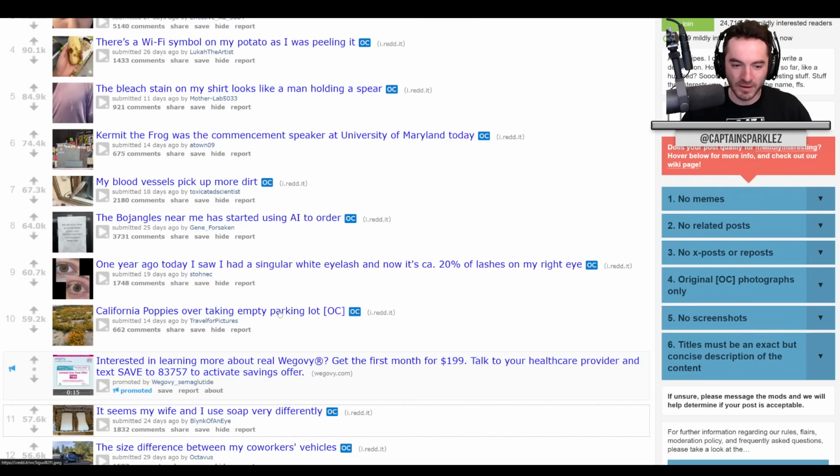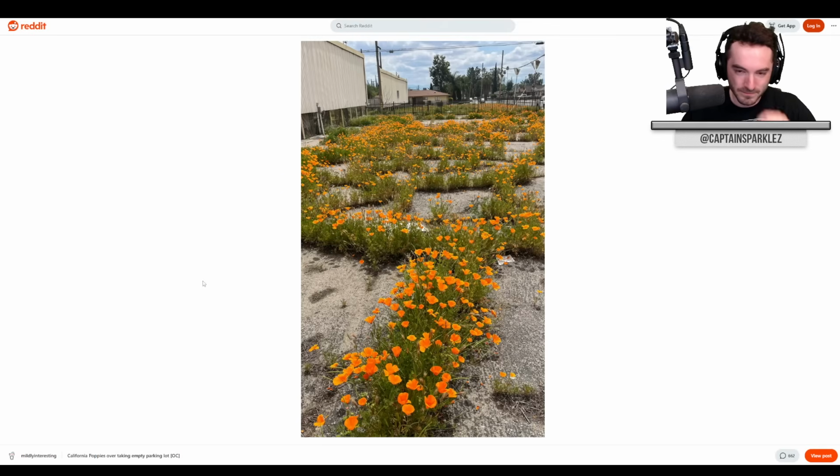California poppies taking over an empty parking lot. This is what happens. Nature does find a way when you don't maintain the piece of land. Eventually, most of the world would end up not necessarily with poppies, but with some kind of vegetation completely overrun by it everywhere if not maintained, because entropy, well, I guess it's entropy in a way, but it's also organization in terms of the plants themselves, but entropy in the sense of the human thing is decaying and it's not going to stay that way. And, you know, if you left your house and nobody ever touched it for like 30 years, the inside of your house would probably have a bunch of plants growing in it. So anyway,